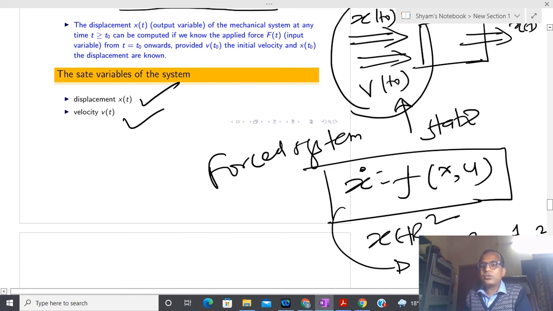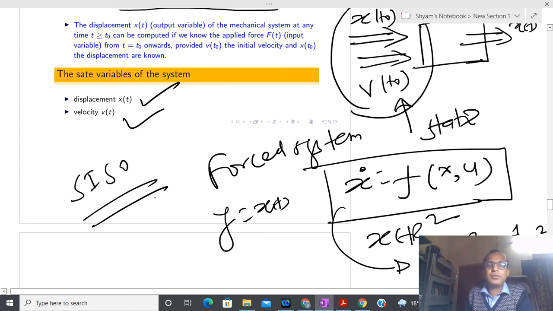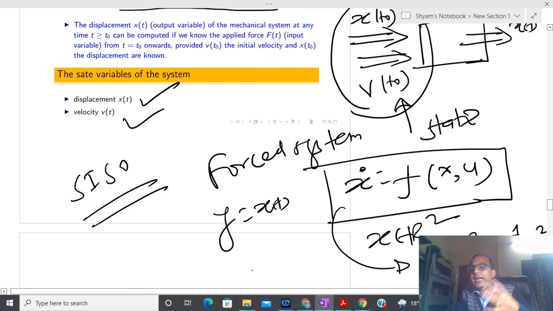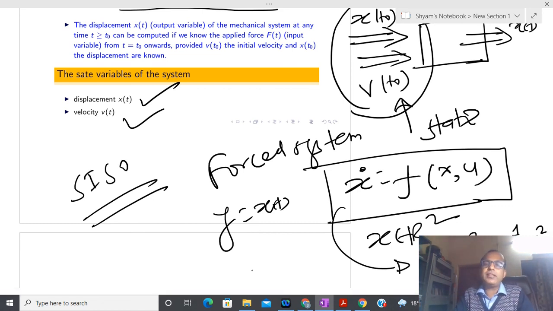If you see the output of this system, that is x(t) I am assuming, so this is a single input single output system. Okay, so in this way, using the knowledge of school time mathematics, I can represent this system, because I know sets, subsets, the Cartesian product, and functions. Using that whole combination I can define the abstract system, and after that we can develop theory for that system, meaning forced system, autonomous system and non-autonomous system.